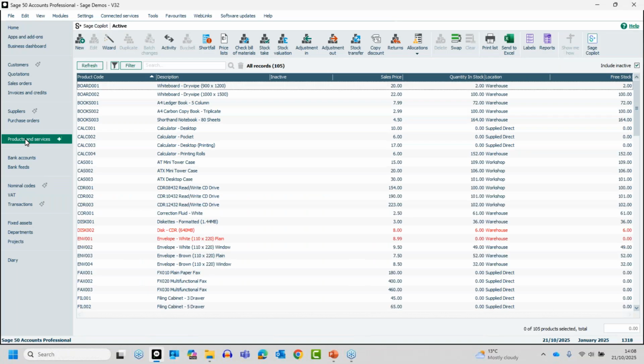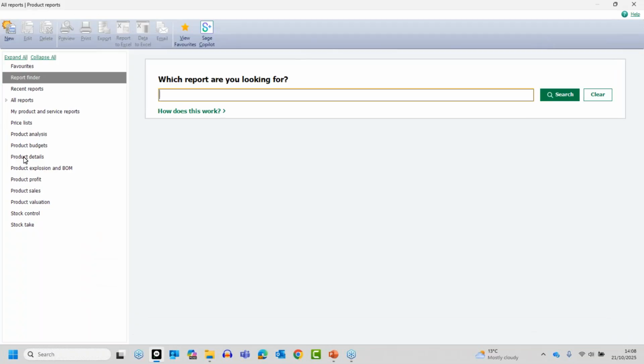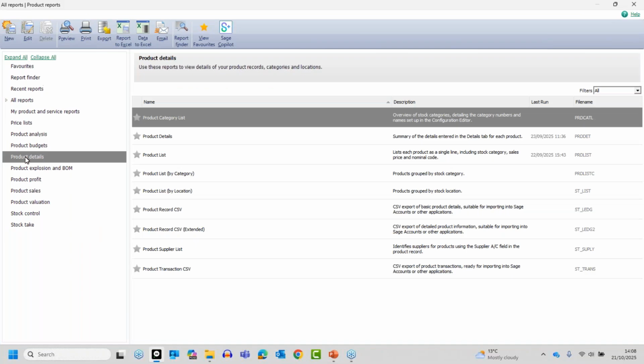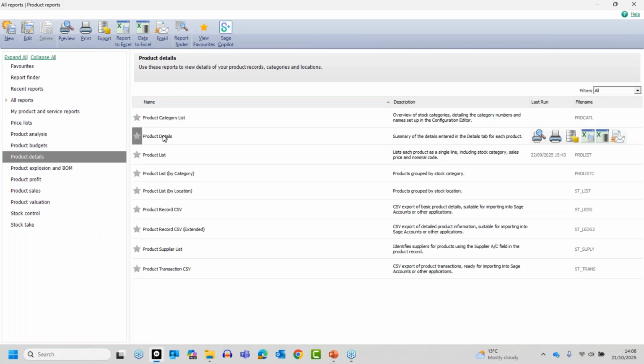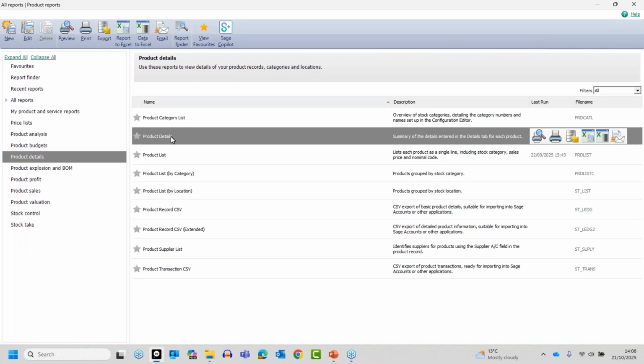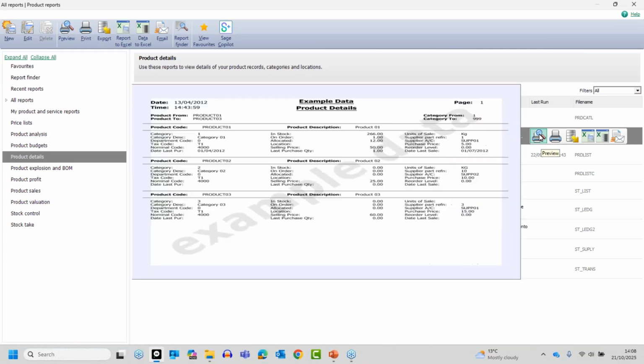So we go into products and services, and you can see I'm just using a copy of the demonstration data today. We tend to do that for a lot of the webinars that we run. So just a set of fictitious information that you can access as well. So products and services, pop into reports, going into product details, and it's the product details report I'm going to use in today's session. And if I just preview that,